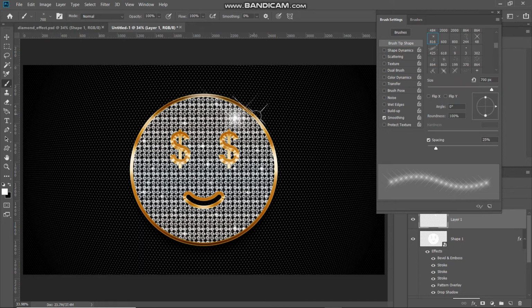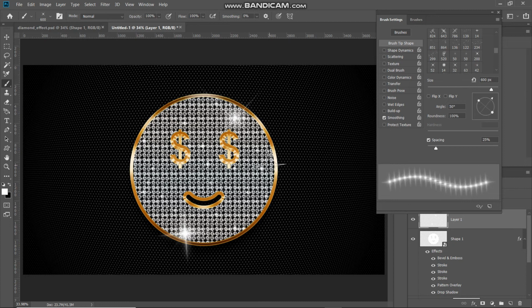So as you can see, once you click on the document, it adds a nice sparkle over there. Now after that, you can select any other random sparkle brush. And then you can again increase and decrease the size of the brush using the square bracket keys of your keyboard. Also, if you want to rotate the brush, then you can rotate it from this dial over here. So as you can see, as you change the angle of the dial, it changes the angle of the brush as well. Now let me just create another sparkle.